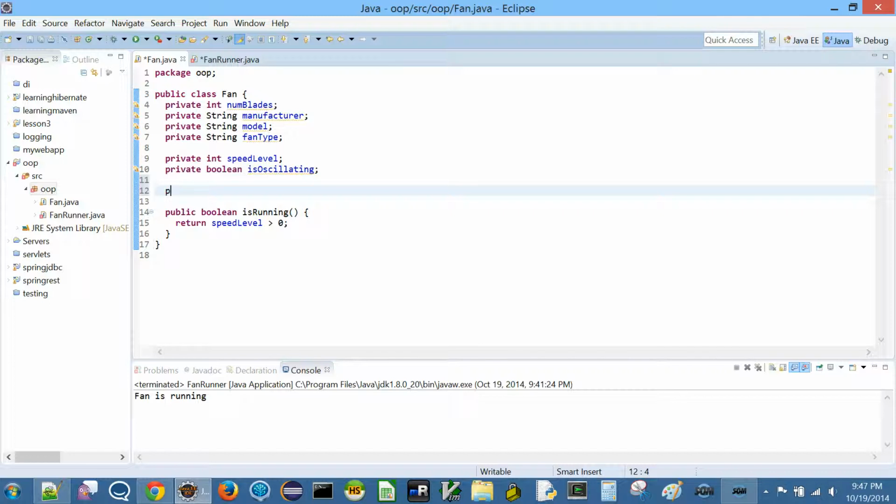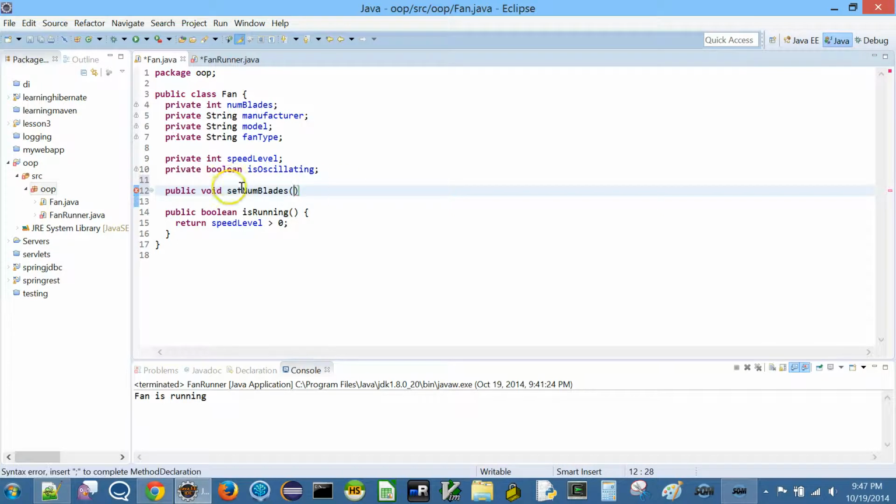So I'm going to make it public. For example, let's just take the numblades field and do what is known as a setter. Setters always have void return, which means they don't return anything. I'm going to say set numblades. You see how I'm naming this?